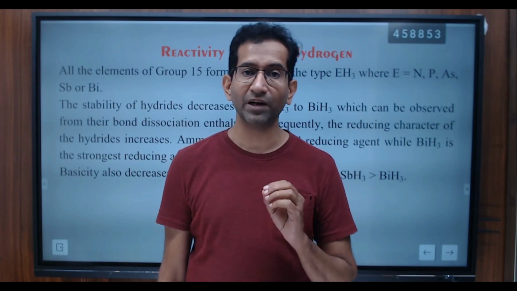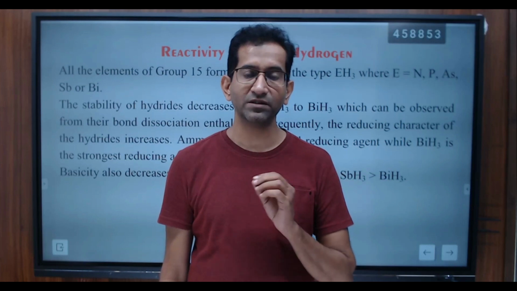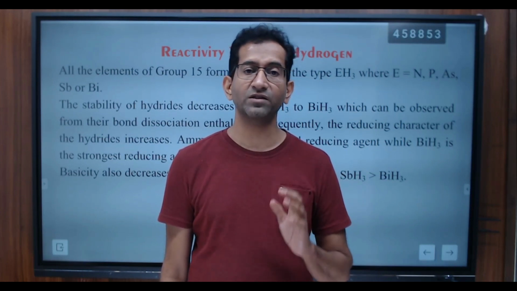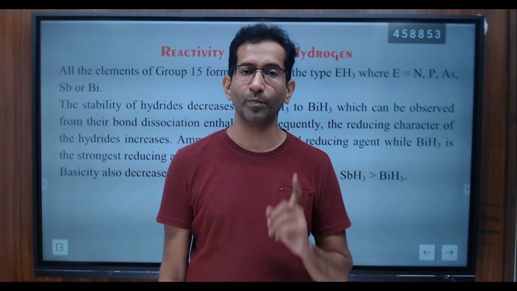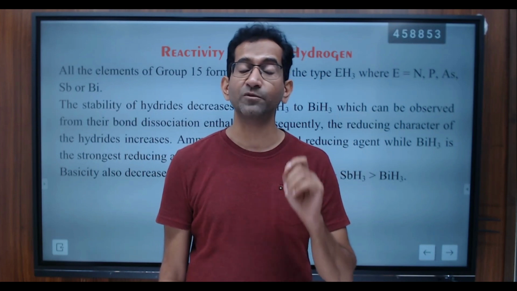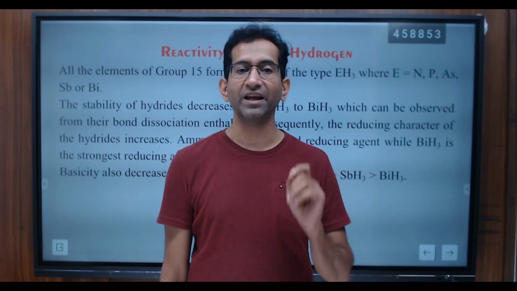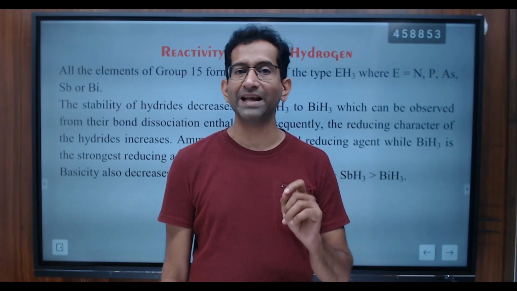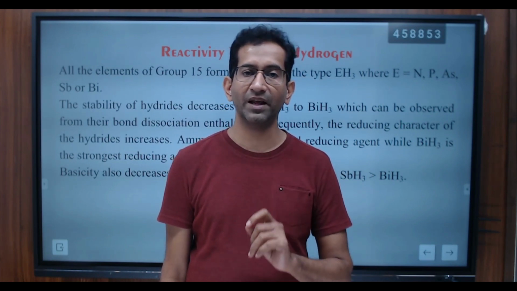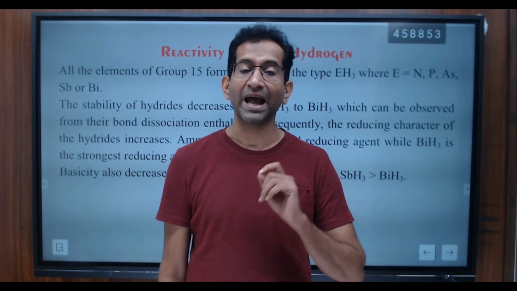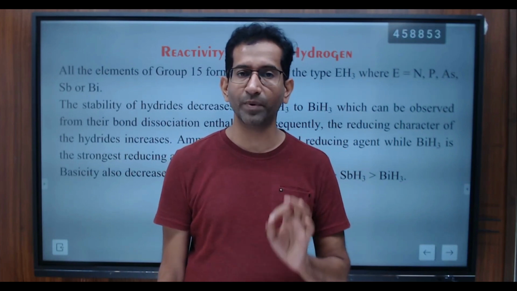So the remaining electron pair is present in their 3s, 4s and 5s orbitals only. But if it is the case of ammonia, there is sp3 hybridization, so the remaining electron pair, the lone pair, is present in the sp3 hybrid orbital. Take care, it is in the sp3 hybrid orbital, and if it is in the sp3 hybrid orbital, s character is 25%, while for PH3, AsH3, SbH3 and BiH3, the electron pair is present in the s orbital itself, which has 100% s character.